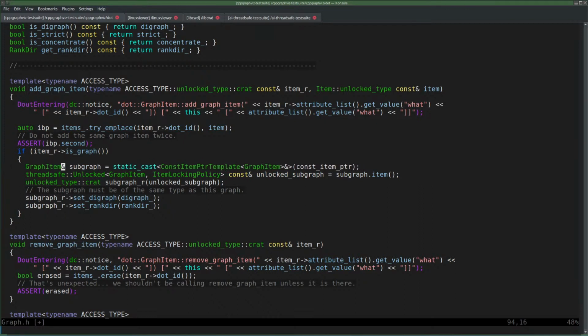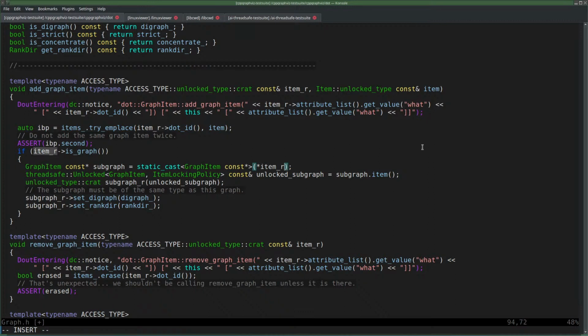I don't need a reference. I'm happy with a const reference. Hell, am I happy with a const pointer? And that's a subgraph. And we can get that by static casting our base class pointer. Well, actually, I'm having a reference here.